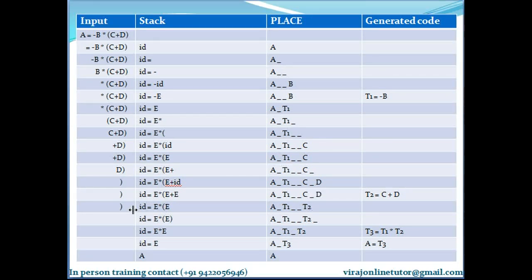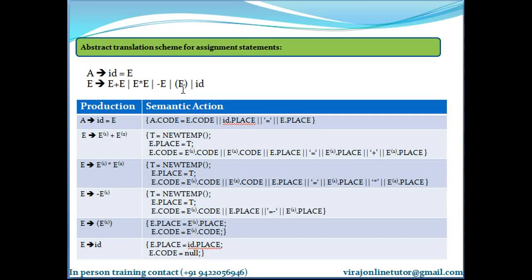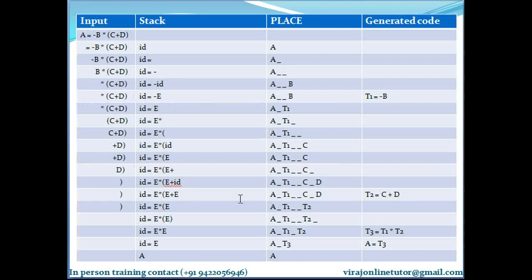Then you place that value, then you place the close bracket on the stack. Since the close bracket does not have a value, I place an underscore here. Now the next statement to be evaluated is the bracketed one. Open bracket E close bracket, I am reducing it to E using this production. So this is a placeholder for open bracket, T2 is E, and this is a placeholder for close bracket. So in place of these three characters, place T2.